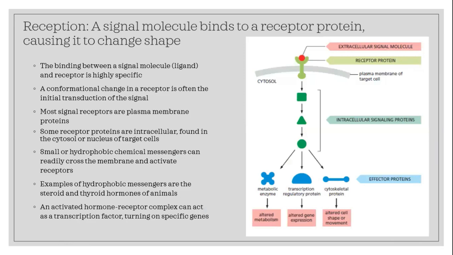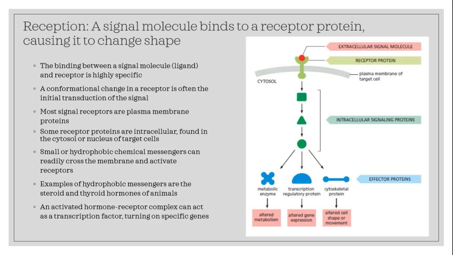Let's go to the first step, that is reception of signal. Now, signal is generally received by a receptor protein. Now, these receptors are many times of two types, that is membrane receptors and intracellular receptors. Now, membrane receptors, as the name indicates, are present on the membrane, and these membrane receptors are basically hydrophilic in nature. They can interact with hydrophilic molecules, and they will bind with molecules which are say